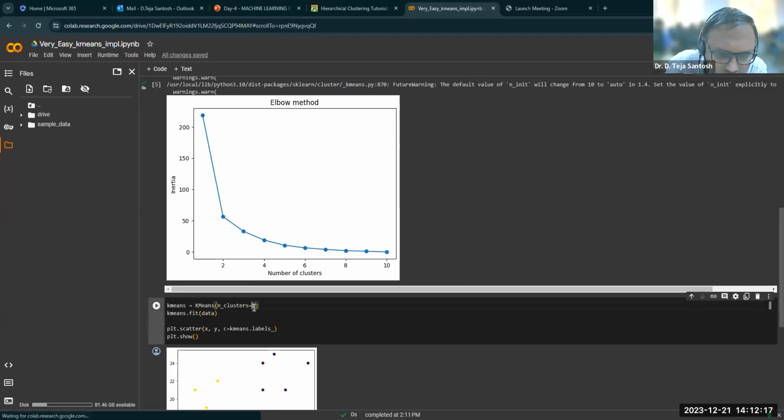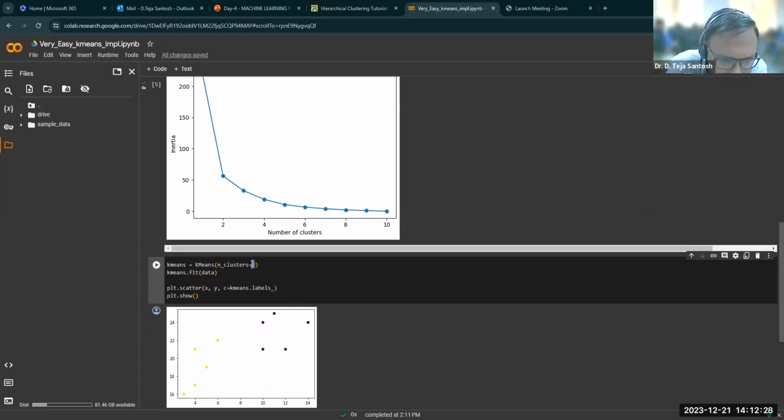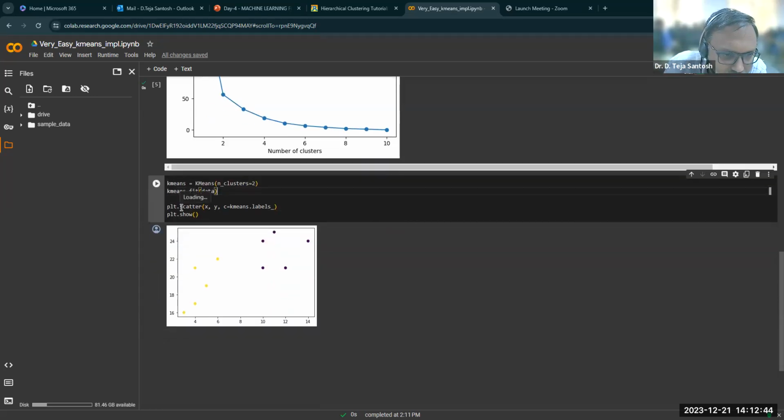Now we are simply specifying the number of clusters to be 2, and we are fitting the data to generate partitions, two clusters, right? Upon calling fit on the data, it generates two partitions, and we would like to see the partitions in the form of a plot. So we are calling the scatter method to see the plot, right? Partitions of clusters, group of clusters. We are using a scatter plot, and we are passing x, y values, and we are also specifying this